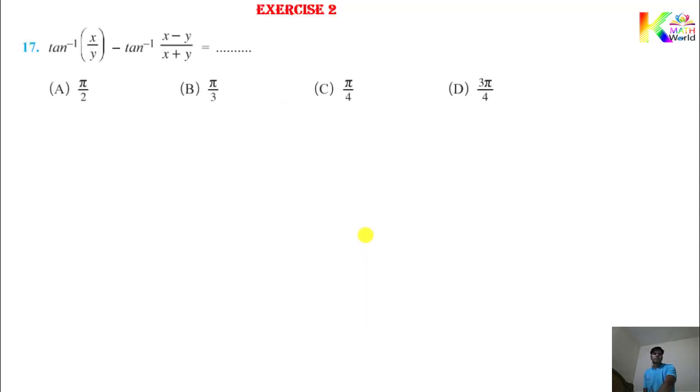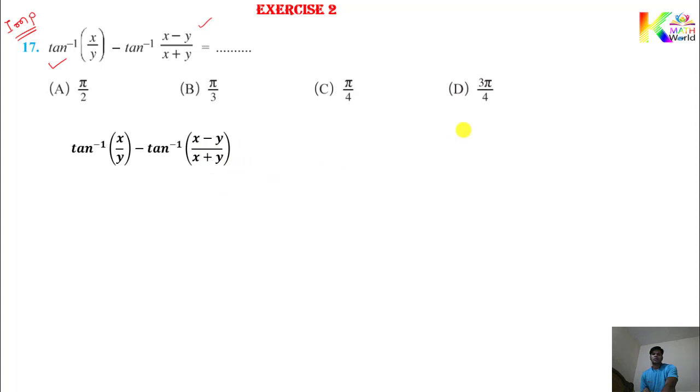Next question. Okay, important question for exam also. Tan inverse of this one minus tan inverse of x minus y over x plus y. If you see the first function, then tan inverse x by y is there. So here also try to set x by y format. So for that you need to divide by y. Okay, and at the same time you need to set some formula also. So for that, firstly, whatever is given, we can consider it.